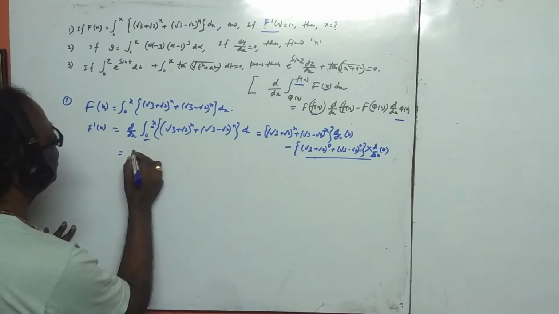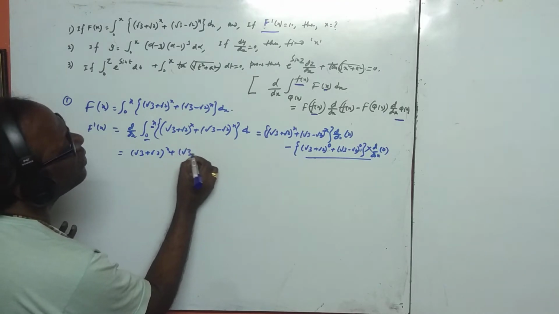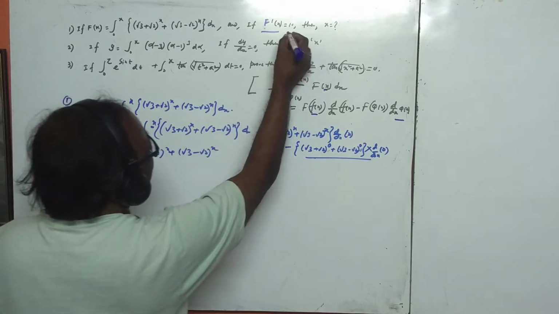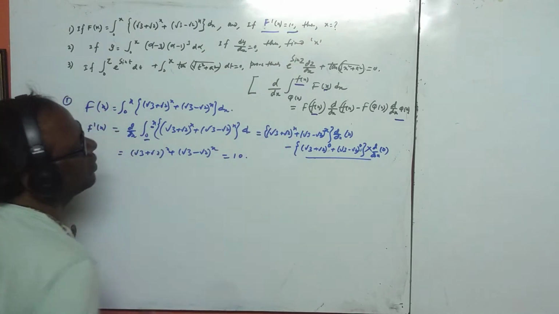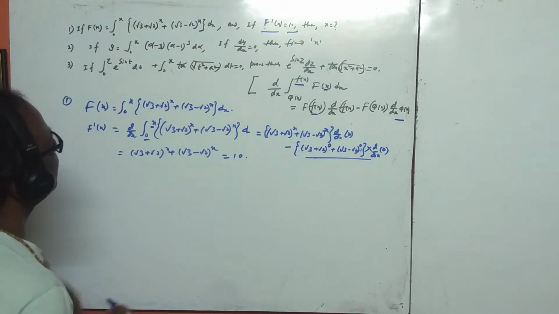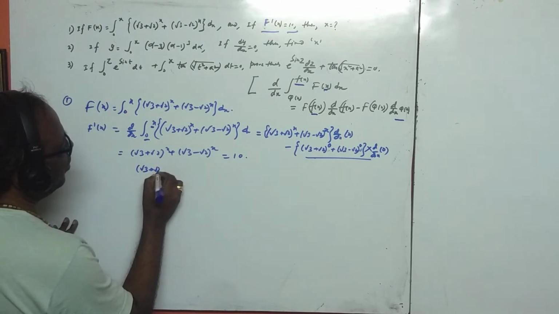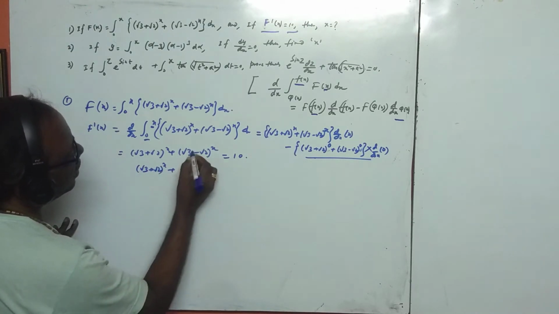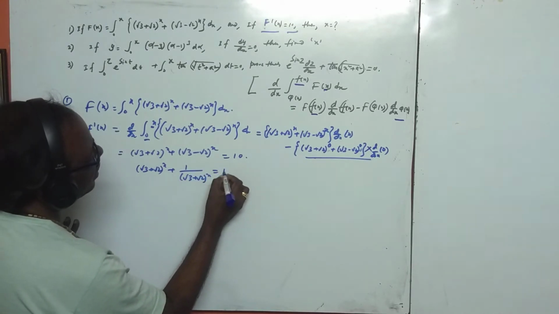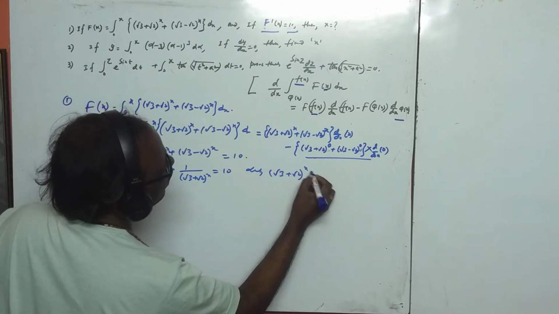And we got the derivative here, that is (root 3 plus root 2) whole to the power x and (root 3 minus root 2) whole to the power x, and given that this is equal to 10, so you can write here 10. Okay, we rationalize this, then we get (root 3 plus root 2) whole to the power x plus (root 3 minus root 2) to the power x, that is equal to 10. Let (root 3 plus root 2) whole to the power x be equal to a.